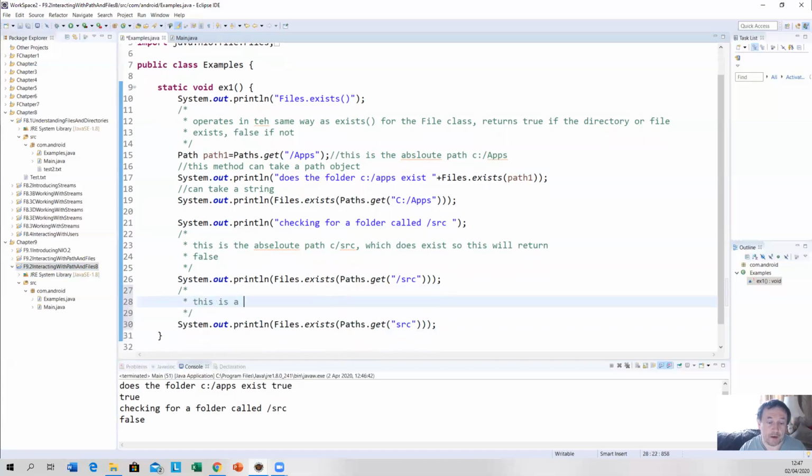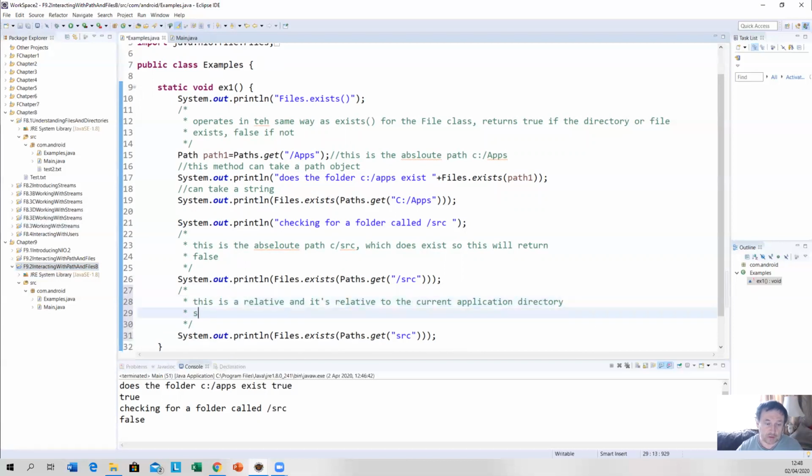This is a relative path. It's relative to the current application directory. Now, I don't know what the actual names of these directories are. I call them application directories or source directories or whatever. Okay, so it's relative to this guy here. So it's relative to the current application directory. So this will return true, as we can see,